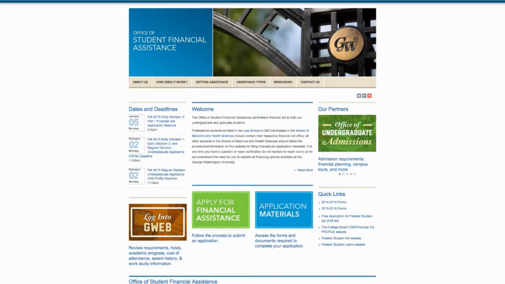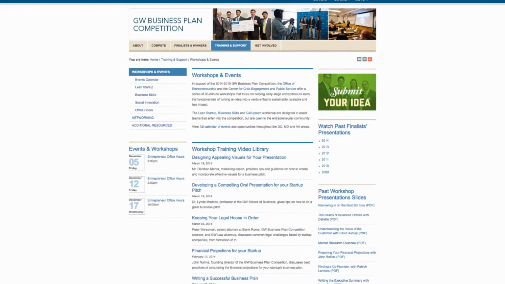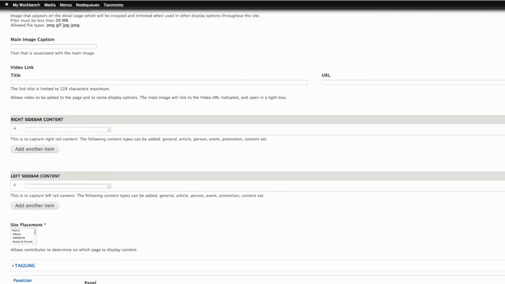The sidebars of your home page and interior pages can be effective real estate for featuring a wealth of information, and it's a very easy process to manage as well. The only rule is that you must create that sidebar element first. For interior pages, you'll use the right or left sidebar field as appropriate. These fields use a Drupal feature called the node reference that lets Drupal search for existing content. Remember that rule I mentioned? You must create the element that you want to feature in your sidebar first in order for this field to work.